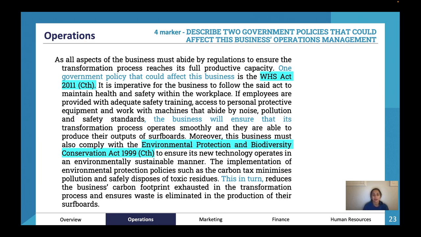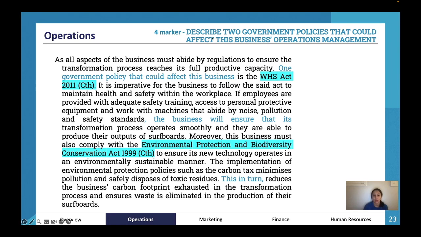So they can assess it across any area. And it's one of those things that most people just overlook, because it's another law, there's so much content. You just want to learn the notes, but these are your examples and these get you the marks. If you did not give the actual law, you could not get the marks for this question, because it's asking you for two government policies, and these policies are laws. So it's really important that you do memorize those as you go.